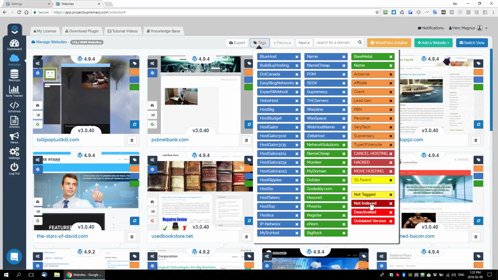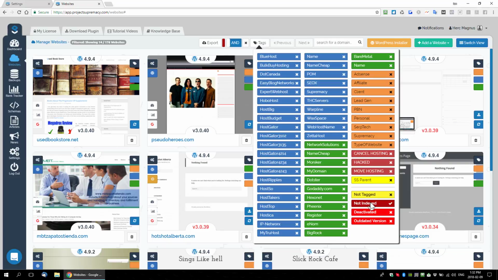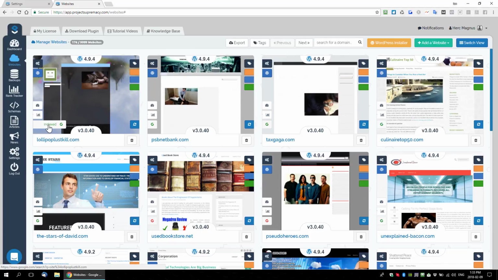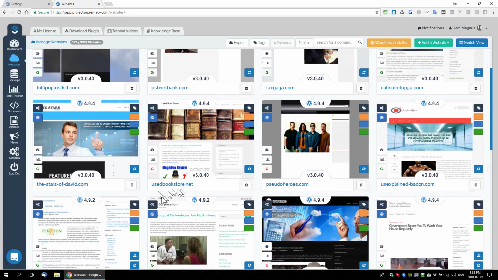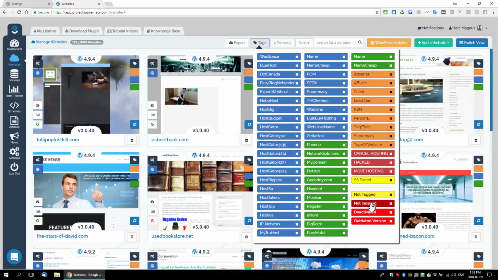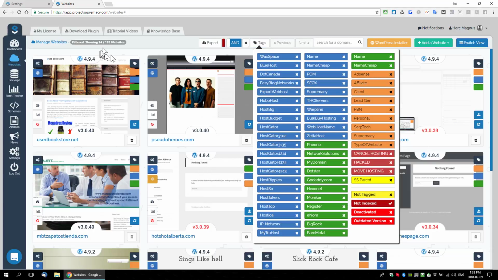So if we check the indexations for all your sites, I'm going to go ahead and click on not indexed, and this is an indexation check in Google. One of the things you'll see here is this Google indexation, and let me clear the tag so I can show you more properly. You can see this site is indexed, this site is indexed, but this site right now is not indexed. So if you quickly want to look at all your sites that aren't indexed, we can click on tags, we can go to not indexed, make it filter by that tag, and now I know 14 of my sites are not indexed,